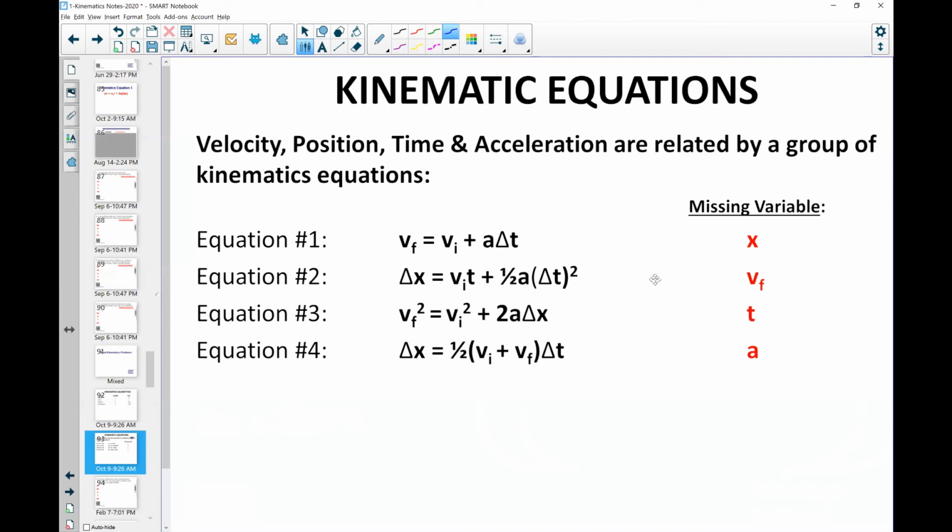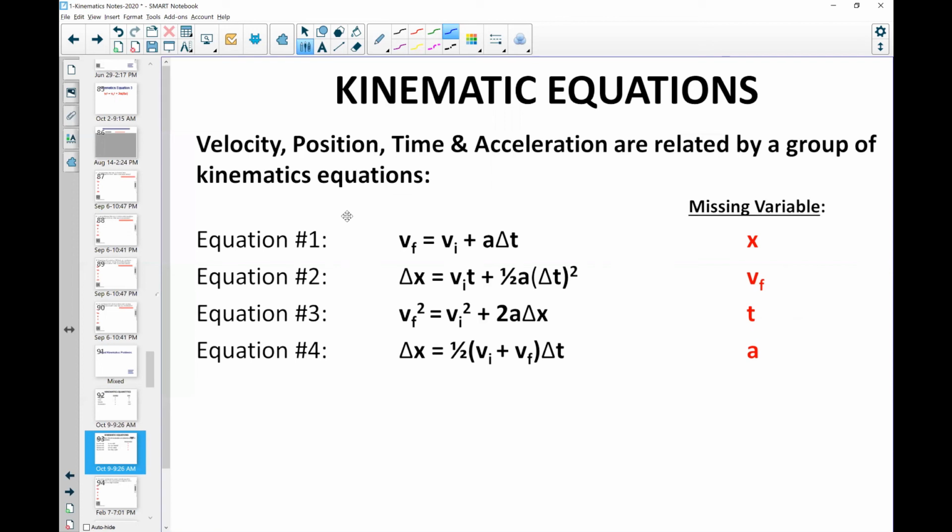So the reason this can help is if you're reading along and the question says nothing about time and asks nothing about time, you probably want to start looking at equation 3 as your first strategy. If the question says nothing about final velocity and asks nothing about final velocity, your best strategy is probably to start with the second equation. So it seems a little bit counterintuitive maybe, but look for what's missing. And when you recognize what's missing, that can help you pinpoint which equation would be the best one to try.